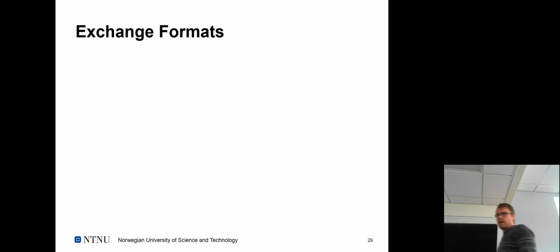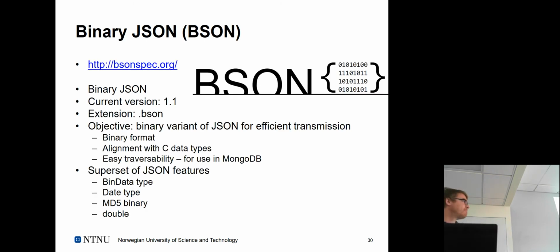One of them is binary JSON. First one, you want to notice here. So the idea is basically that it is a binary variant of JSON. So basically the idea is that you compress whatever you express in JSON in the first place, in order to make the payload small to go over the wire. Doing this, it's not only a binary format, but it's actually a superset of JSON features. It has new data formats that allow you to already store binary data within JSON itself, to make it even more efficient, right? So the transcoding in this particular case needs to happen.